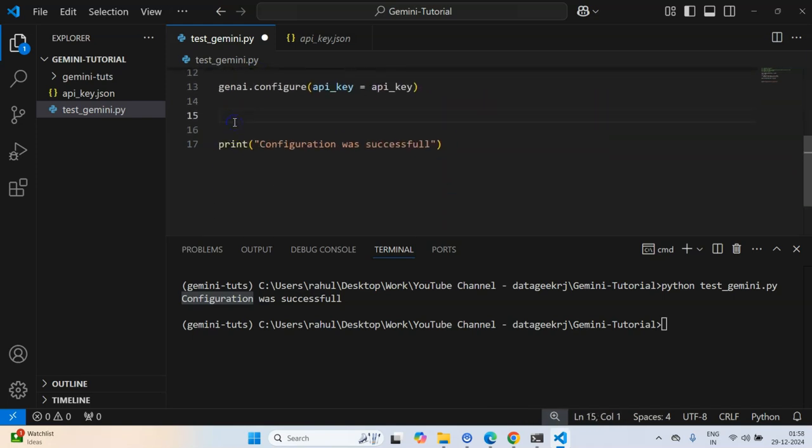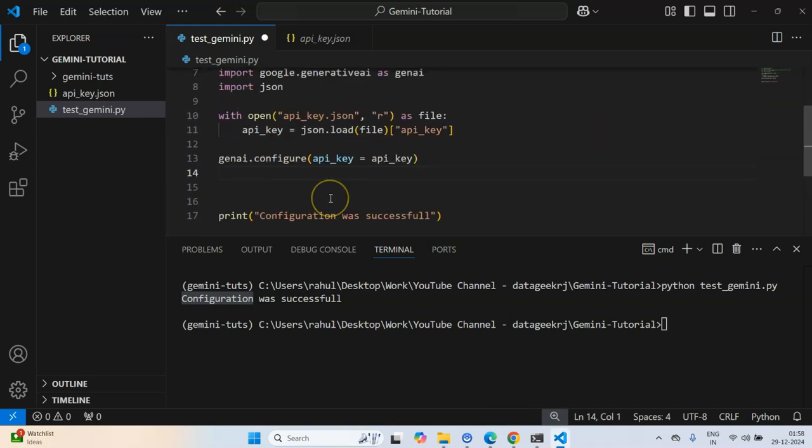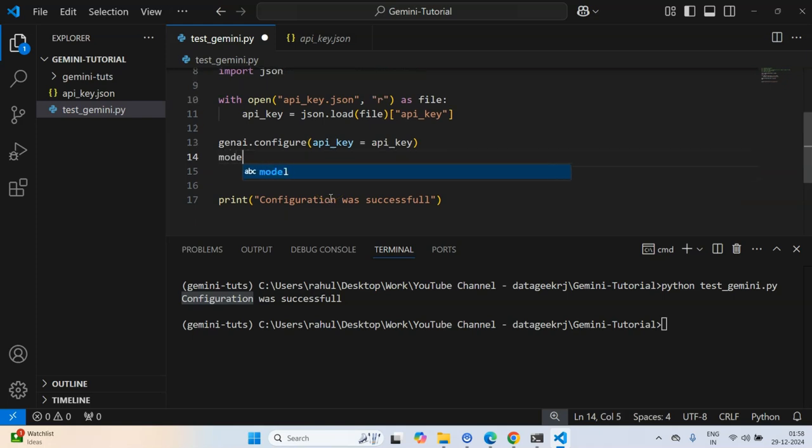Let us select the model, and I'm going to select the 1.5 flash version of the model. So I'll write GenAI dot GenerativeModel, and in this we will have to pass the string of the model. So we can pass gemini-1.5-flash here.